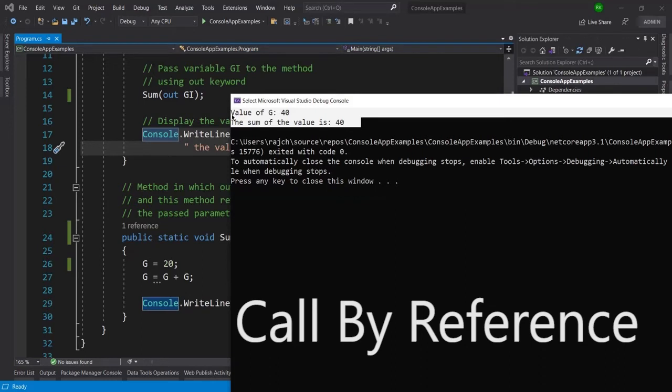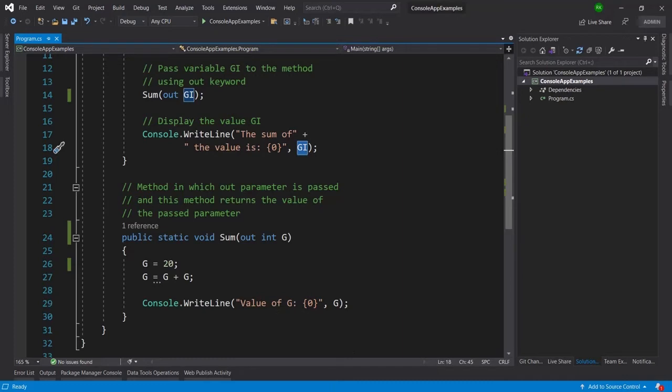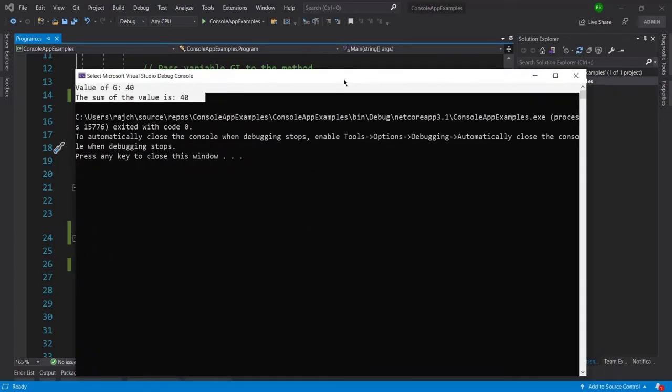That means the variable we pass in the parameter is going to use the same address. If I change any value inside G, the same value will also be changed in GI, because both are using the same address in memory. Okay, so that's the main thing.